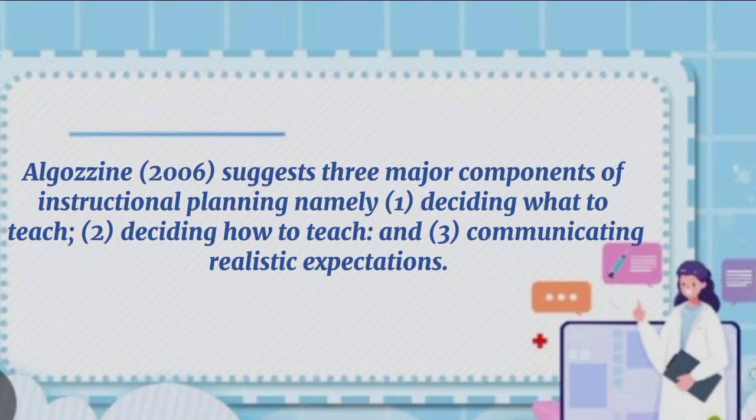Planning involves several factors to consider in order to make it effective. Algajine suggests three major components of instructional planning, namely: 1. Deciding what to teach, 2. Deciding how to teach, and 3. Communicating realistic expectations. Since the standards set in the K-12 curriculum are stated as standards and competencies, there is a